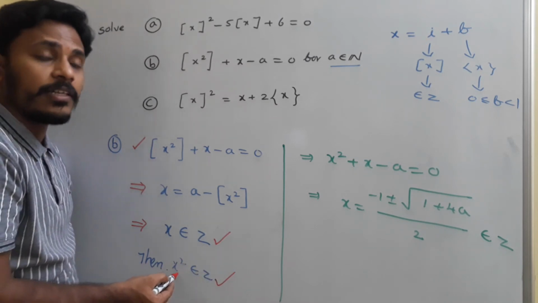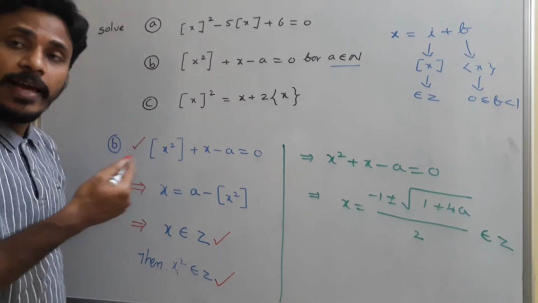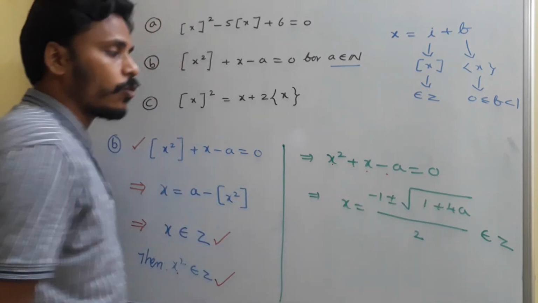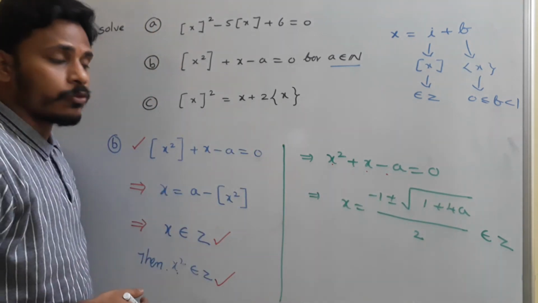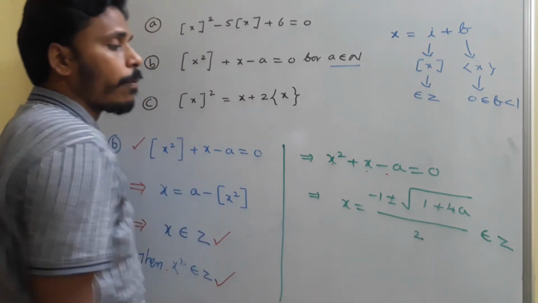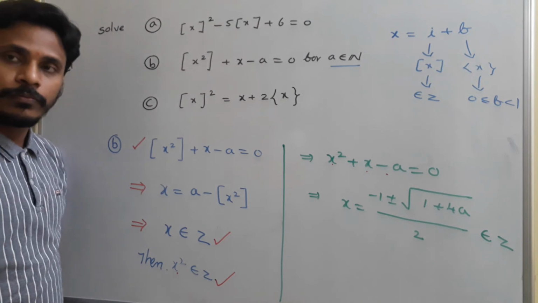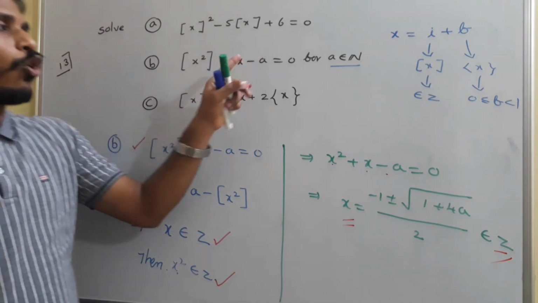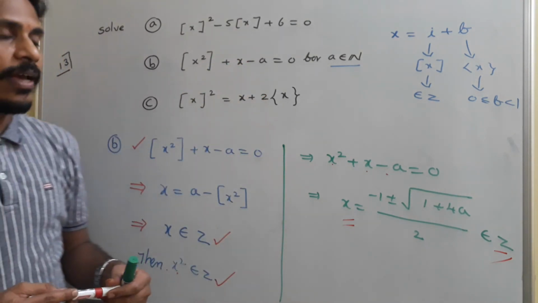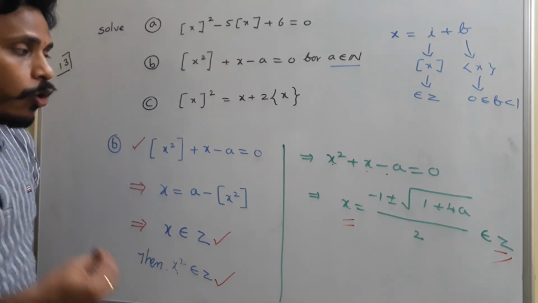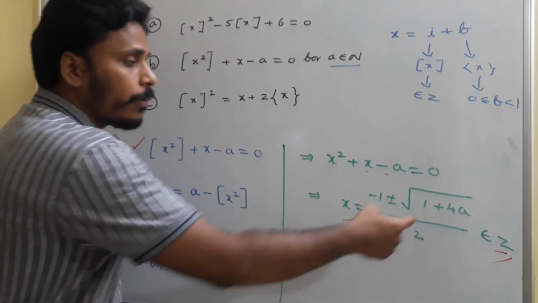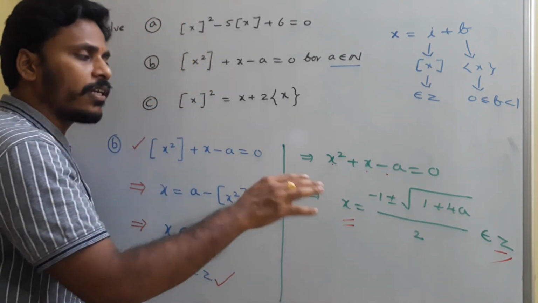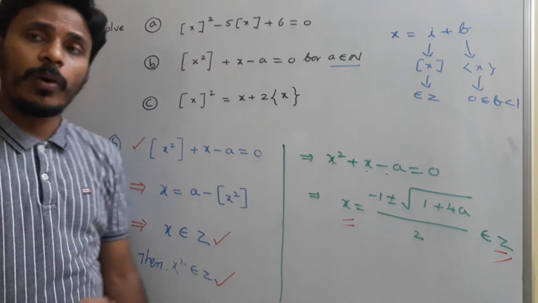So since x square is an integer, for an integer the step value is the value itself, right? So step x square will become x square, and we have x square plus x minus a is equal to 0. And now it is a quadratic in terms of x. So x is equal to minus 1 plus or minus root of 1 plus 4a, by 2. And we need to be sure that x must be an integer. See, here actually we know just that a is a natural number, but we don't know the exact value of a. So by knowing the value of a, after replacing this a with that known value, you will get some simplified number for x. If it is an integer, that's the solution, or otherwise that's not the solution.